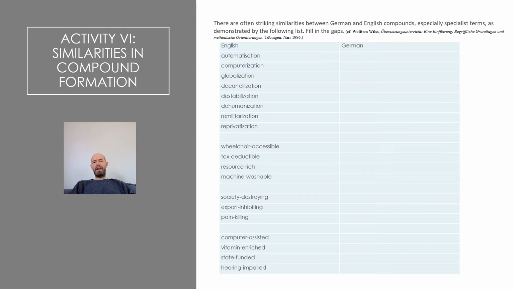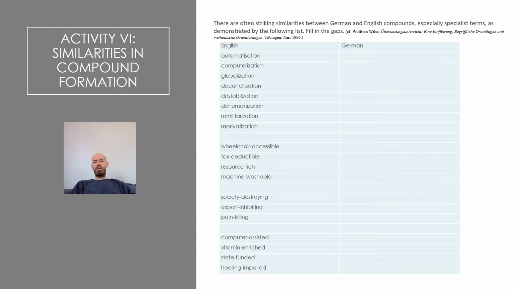Decartelization. Well, careful. I think German prefers Entkartelisierung here. So with the prefix D, we have either Ent or D in German. Destabilization, that's Destabilisierung, of course. Dehumanization, Enthumanisierung. Remilitarization, Remilitarisierung. Reprivatization, Reprivatisierung. Wheelchair accessible,